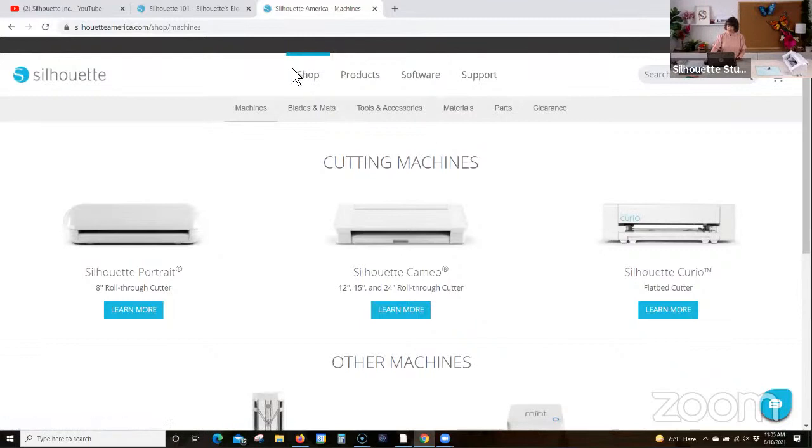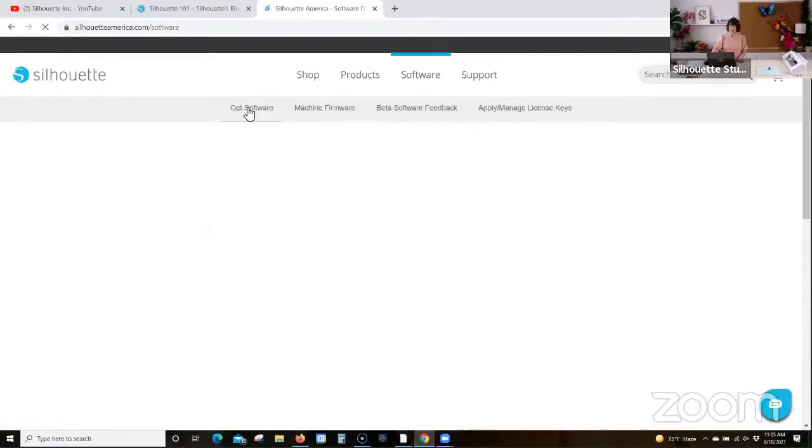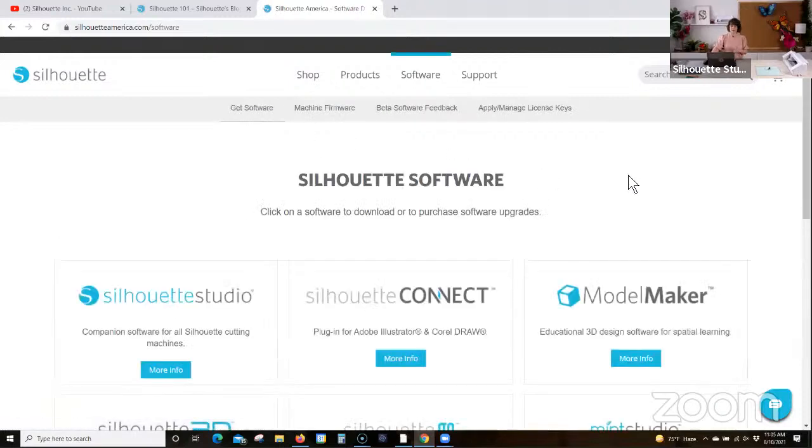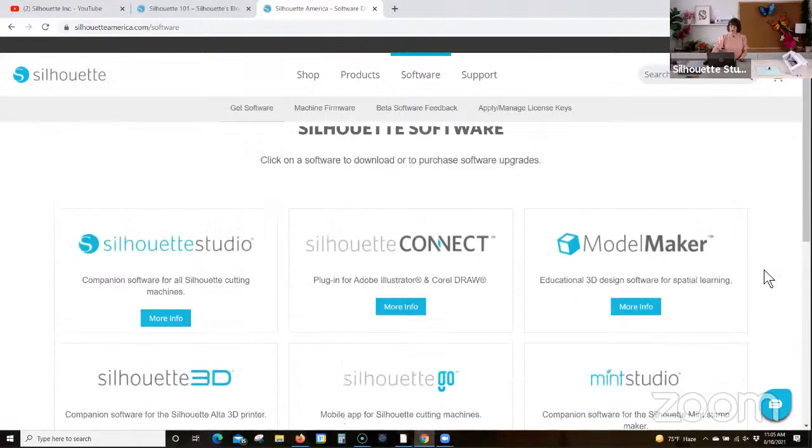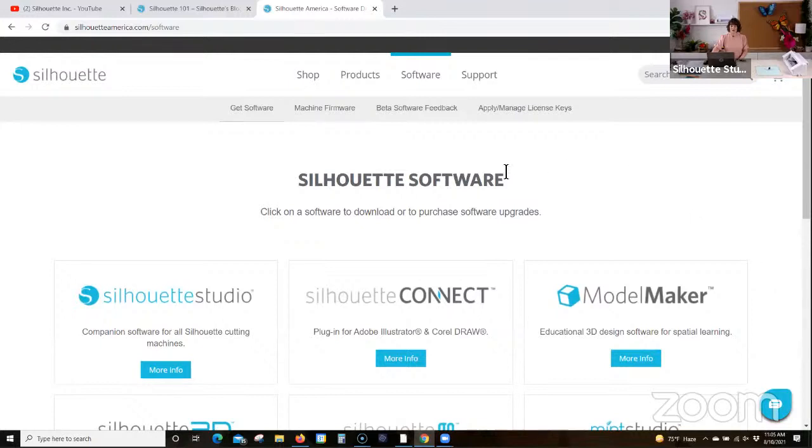Now, if you already have a machine and maybe you haven't set up your software or you're just getting started, what you do for the software that will run your silhouette cutting machine is go to software and then click get software. And this looks a little different than it did if you haven't been on here for the last couple weeks. It looks a little bit different. For using your silhouette machine, you are only worried right here about Silhouette Studio. So if you've got a portrait or a cameo or a curio, what you want is Silhouette Studio. So if you click on Silhouette Studio,